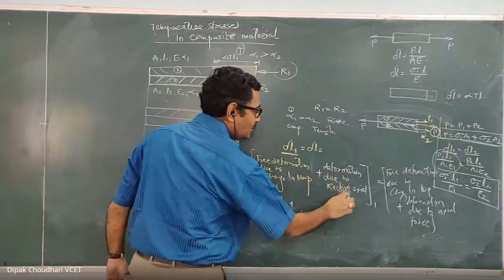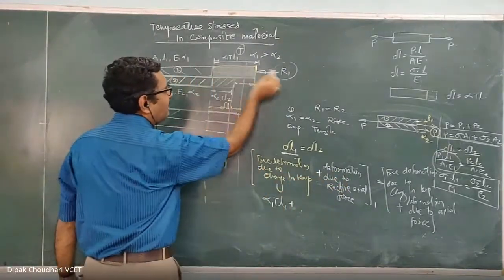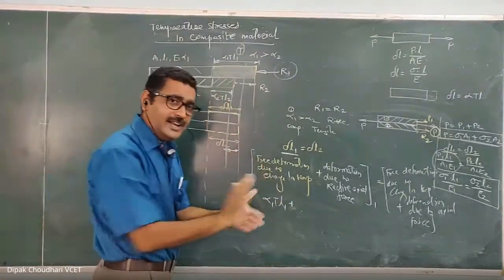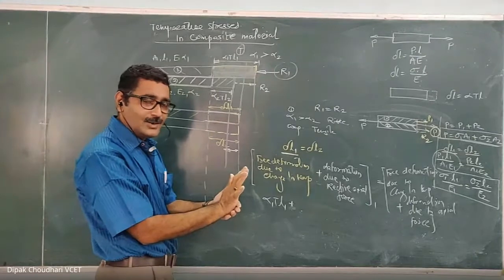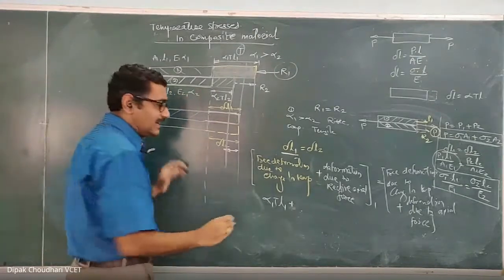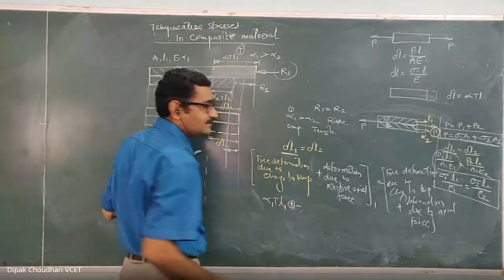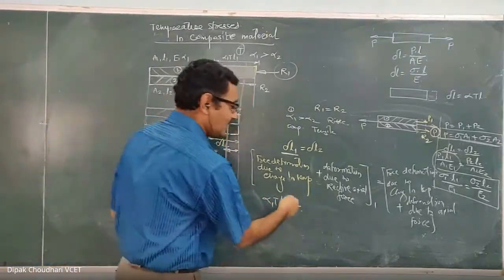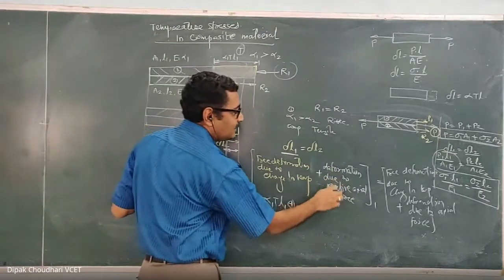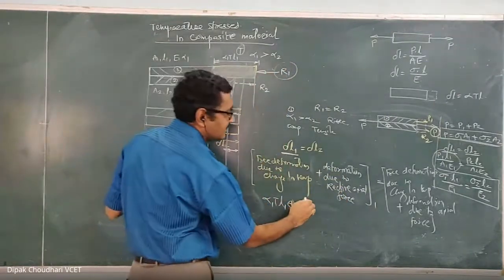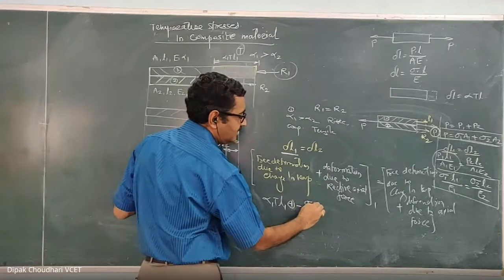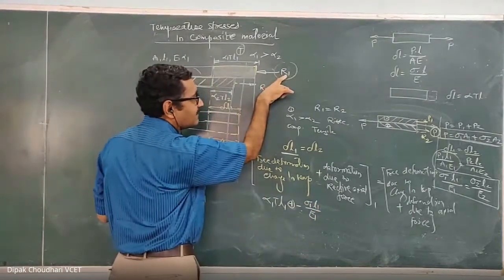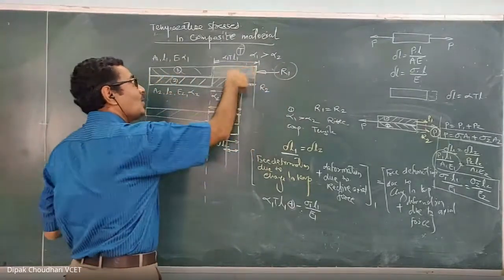Now deformation due to the reactive force. Here अभी ये material 1 में reactive force कैसा है? Compressive है. And because of this compressive force, the material will get compressed. Okay, means there is a decrease in length. And since it is a decrease in length, you can use here minus. Here this is the increase in length, this is the decrease in length. So how much is the deformation because of this reactive force? Here this you can write sigma 1 L1 upon E1. Actually this is the stress induced because of this R1. And this R1 is induced because of the change in temperature.